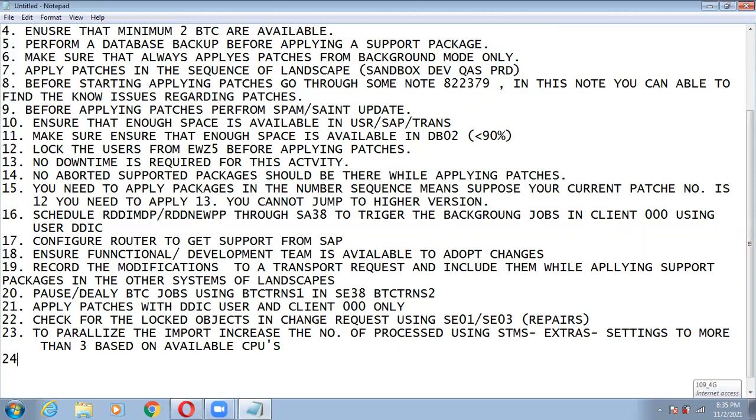Anything I left? Let me check. Any other point? All the major points I have covered.